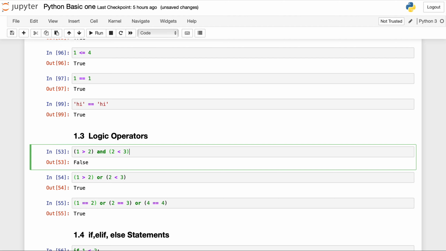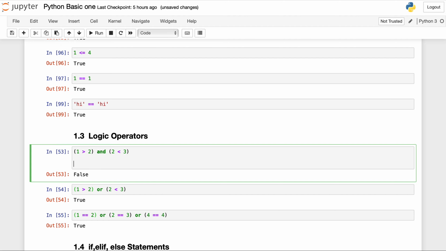If I write false and true, it will be false, because this is 0 and this is 1, so 0 and 1 will be 0.